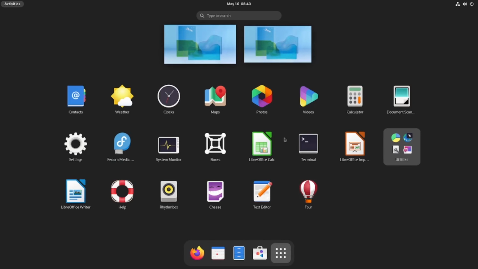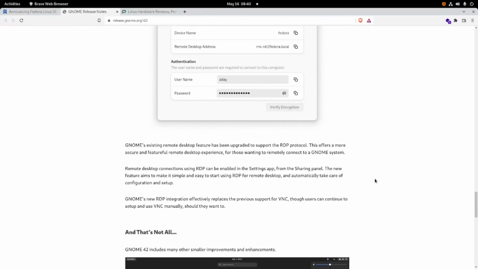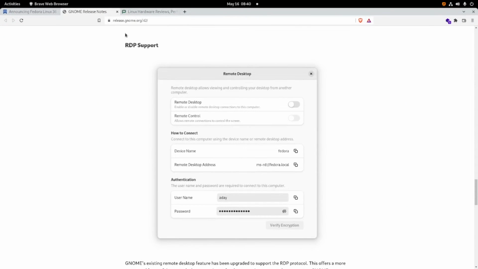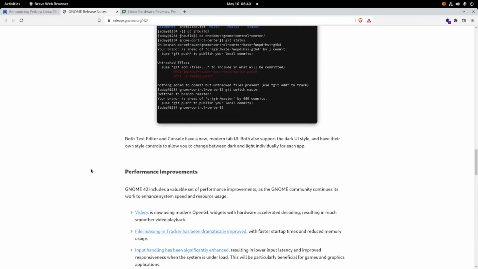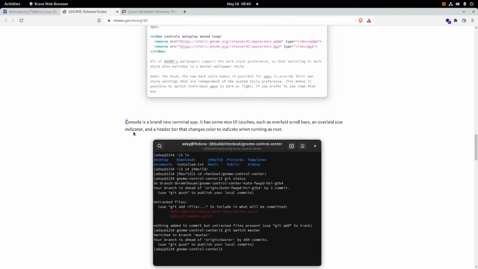It's about the terminal. So in the GNOME 42 release notes, it says that the new default terminal app will be Console.